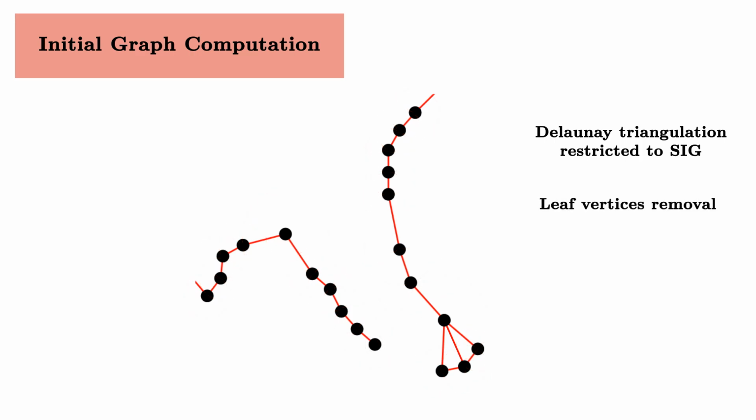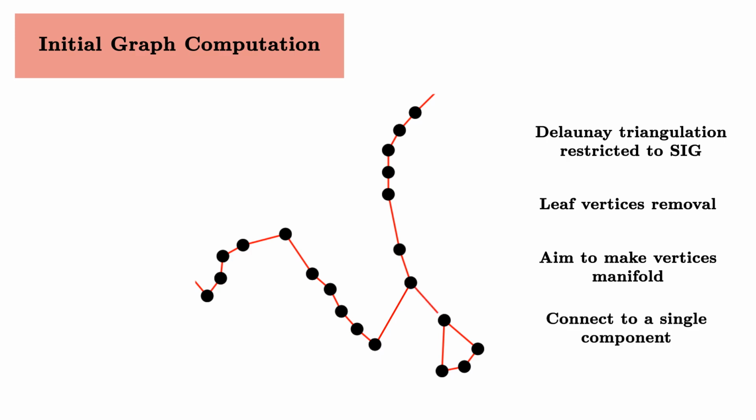We eliminate leaf vertices by adding their shortest incident Delaunay edge to the graph. We remove longest edges from vertices with degree more than 2 until their degree becomes 2, as long as no new leaf vertices are created. We connect the graph into a single connected component via a disjoint set and apply a boundary closing heuristic in